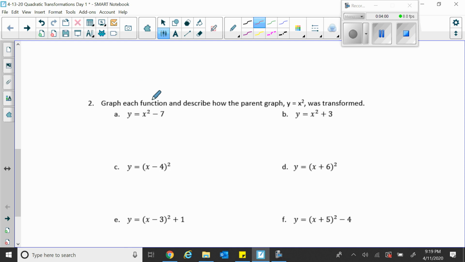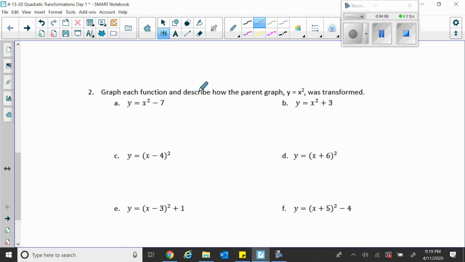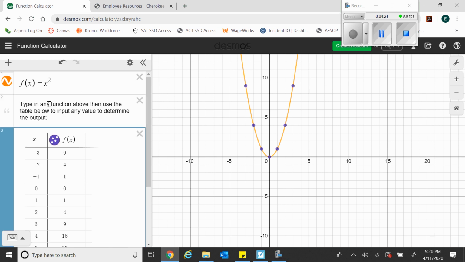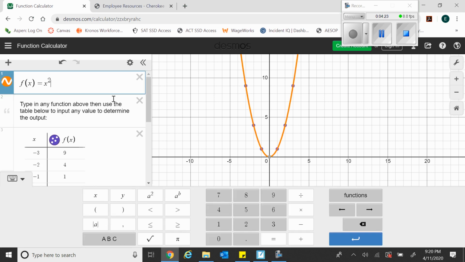So when it says graph each function, all I'm going to do is just type it into the table and let you see it. You do not have to graph it at home. I just am doing it for visual purposes. So the parent graph has already been graphed. It's right here. So what I'm going to do is see if I can get another